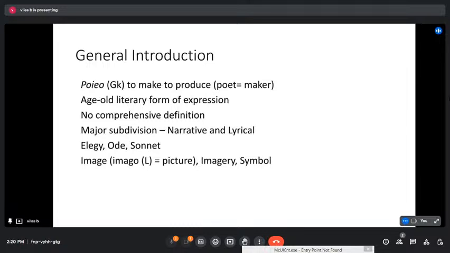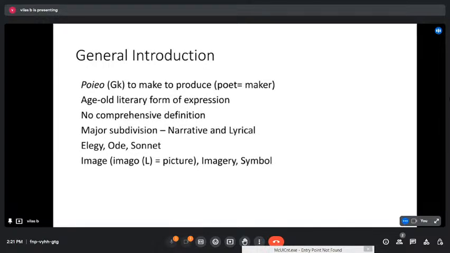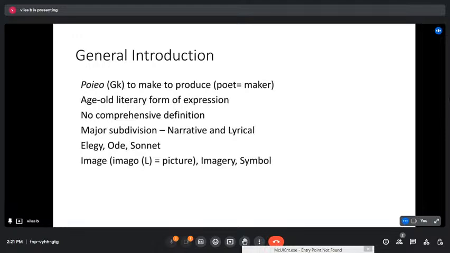So poetry is an age-old literary form. It is a form of expression. Of course, there is no comprehensive definition, but some critics and poets have defined it. Sidney says it is a speaking picture. There is a very famous definition by Wordsworth: poetry is the spontaneous overflow of powerful feelings, recollected in tranquility. And in the preface to Lyrical Ballads,